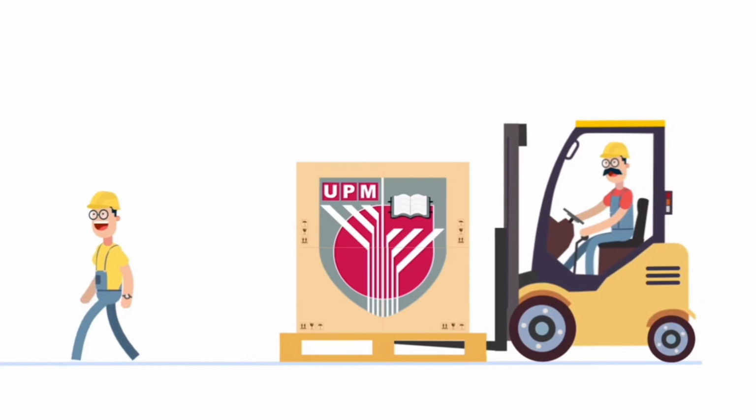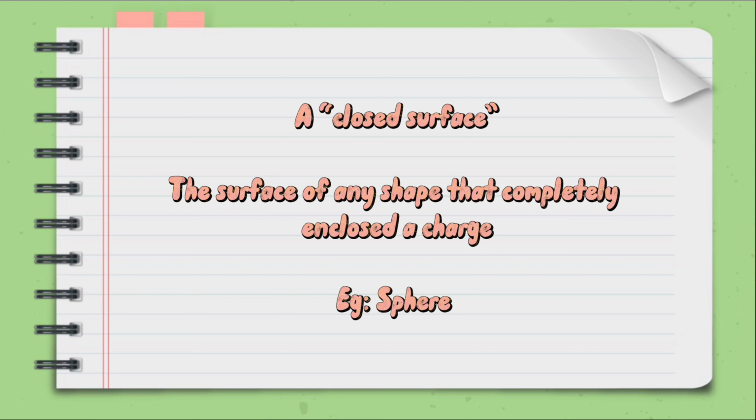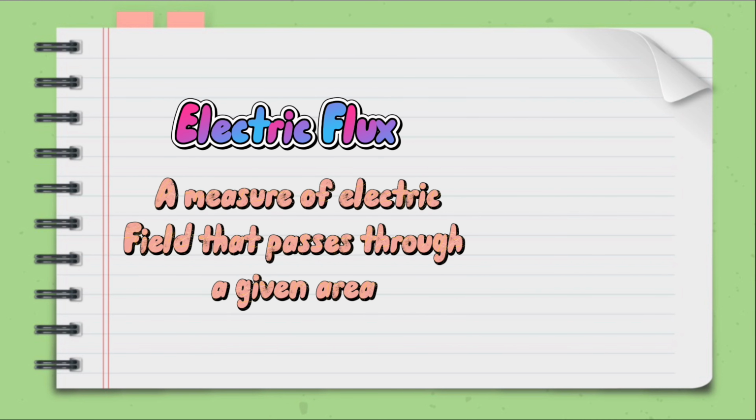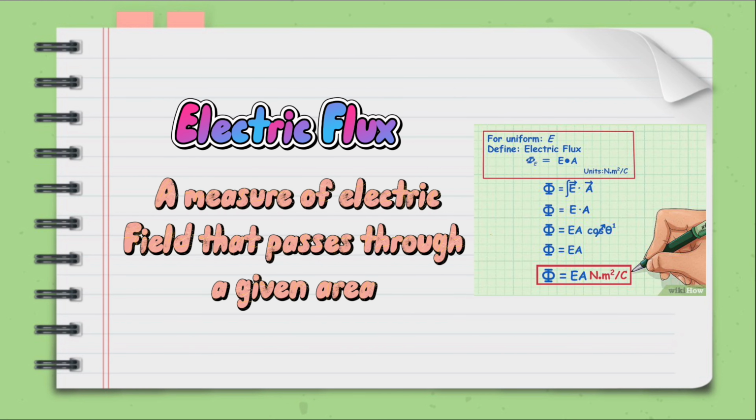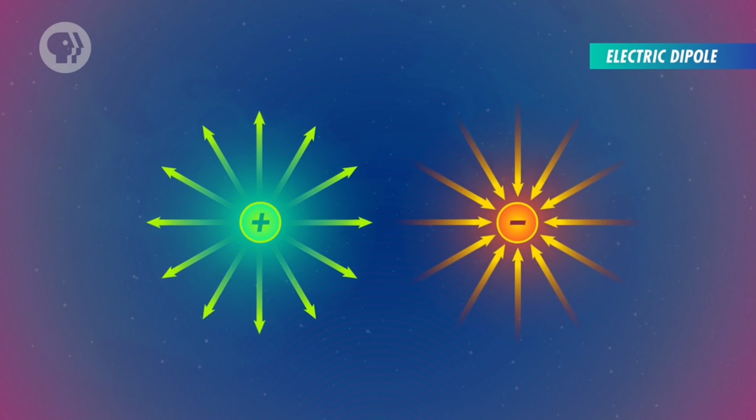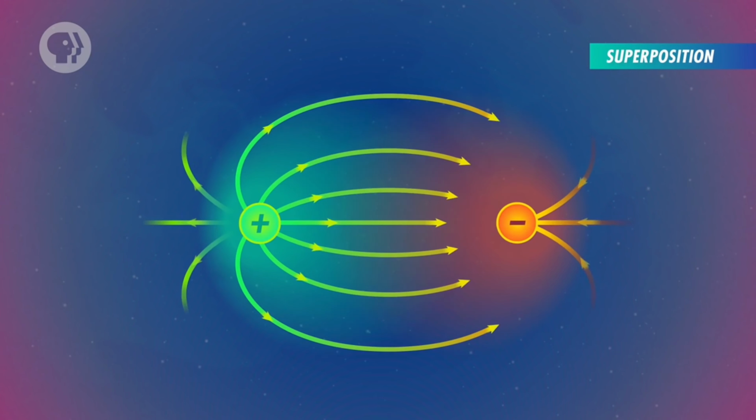Let's start with the definition of Gauss's law. Gauss's law states that the electric flux through a closed surface is proportional to the total charge enclosed by the surface. A closed surface in this case is just a surface of any shape that completely encloses a charge, like a sphere or any other three-dimensional shape, and electric flux is a measure of the electric field that passes through a given area. Gauss's law tells us that in nature there are such things as positive and negative electric charge,